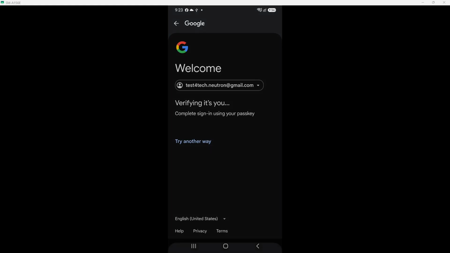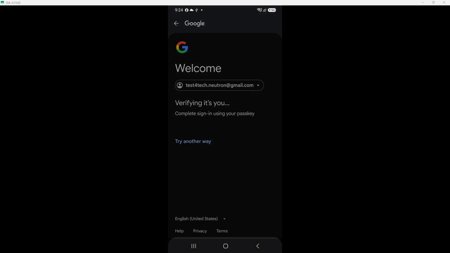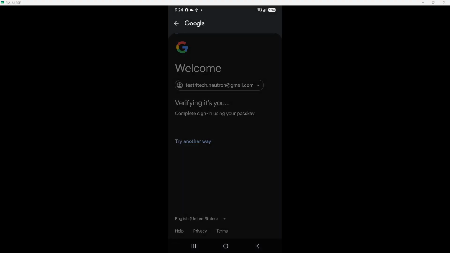Once verified, tap on Add. This action is what allows you to input a new phone number into the system. Enter your new phone number carefully. Double-check that the number is correct to avoid any issues. After entering your number, tap Send Code. A verification code will be sent to the new number you just entered. This step is important because it confirms that the number is active and in your possession.